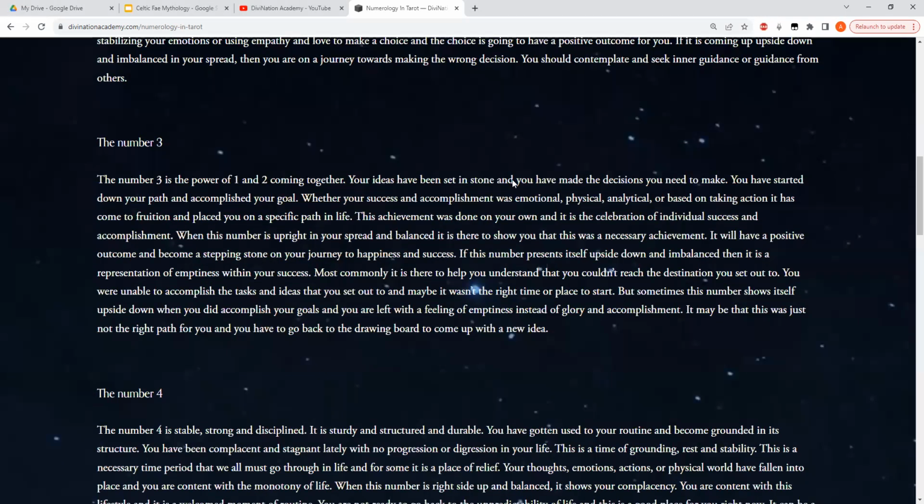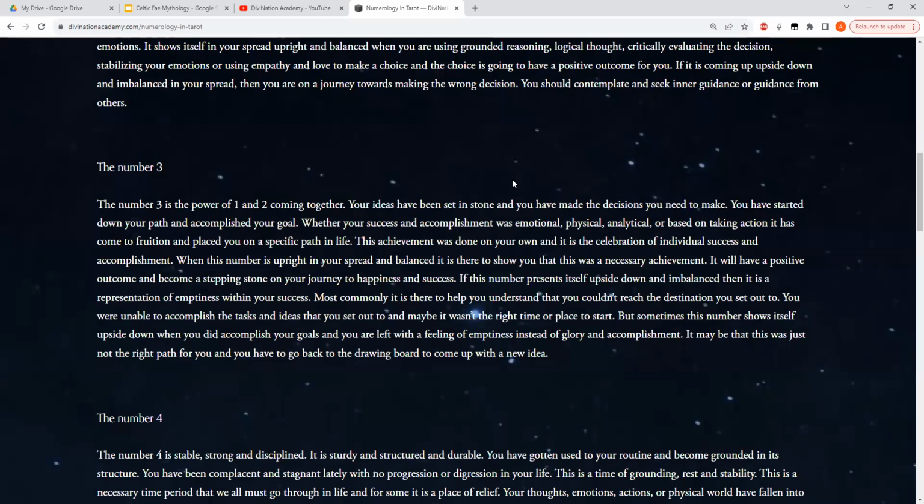So the number 3 is actually a very controversial number. I got this question in the last class that we did for numerology in general. We also have a numerology course. And the number 3 in Roman numerology, as well as Celtic numerology, is a very spiritual number. It is the divine number. It is the number of the goddess. It is the number of the maiden, the mother, and the crone. It is this divine number.